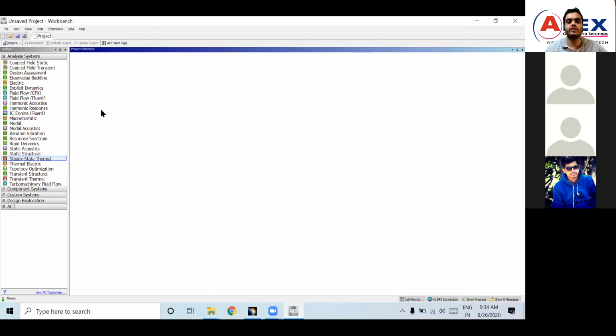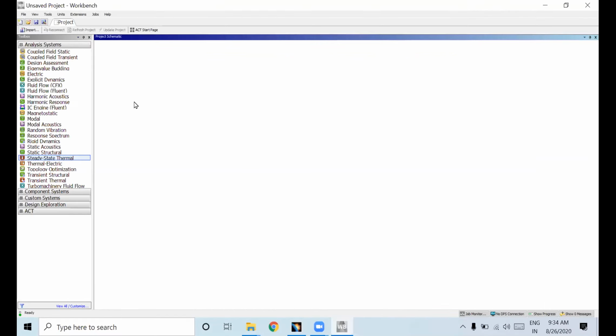As I told you, first I will perform static structural analysis. Here I have saved the component in an IGS format. Observe carefully. Go to static structural analysis and drag it here.